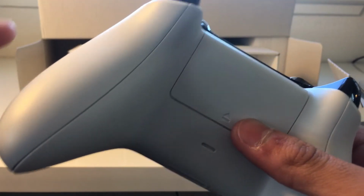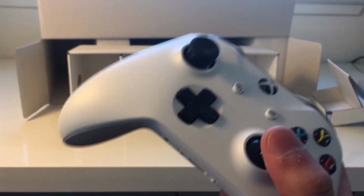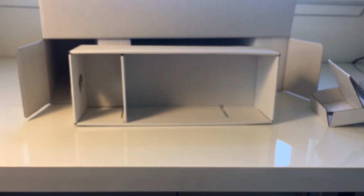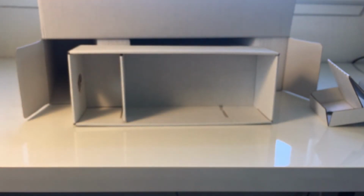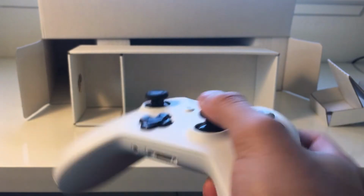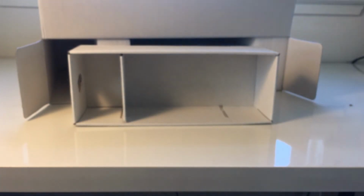So if you could see that in the light right there, there is texturing on the bottom, and it definitely feels lighter. And I should probably just slide the batteries in that come with it, just to see. This controller is lighter. Oh, with the batteries, it feels normal. So, I'm going to take that back. But it's overall a pretty light controller, especially if you're going to use it wired. It's really light. So, let's get on to the